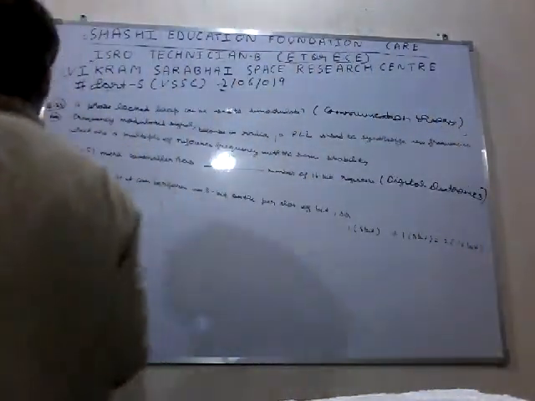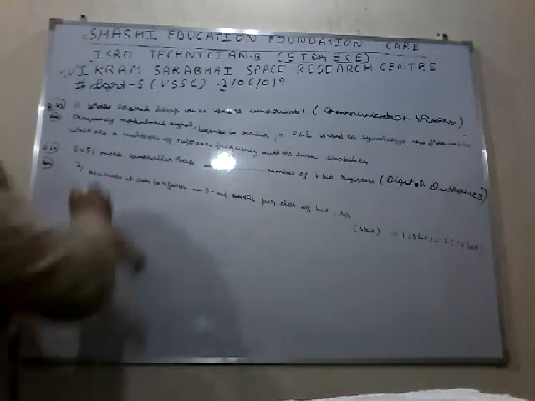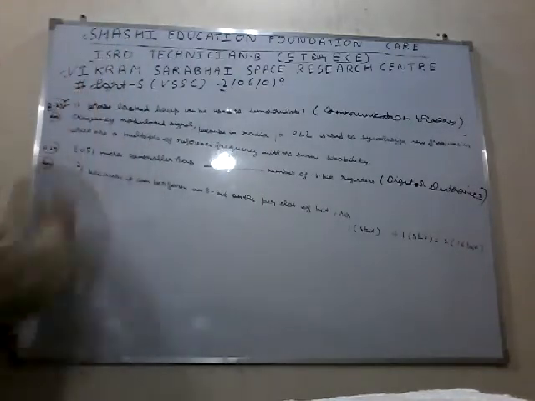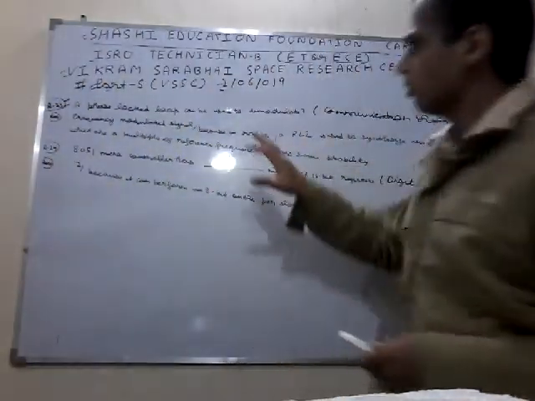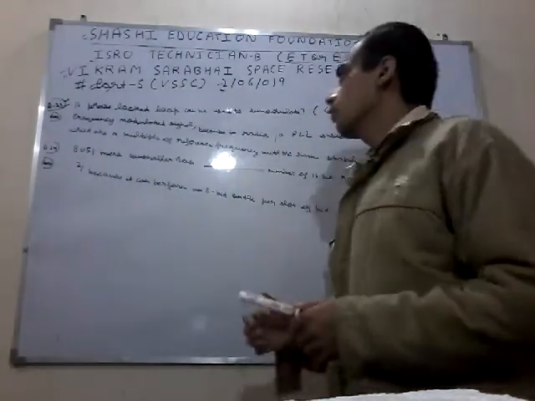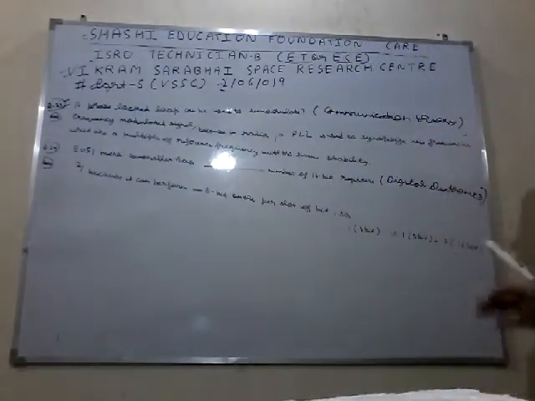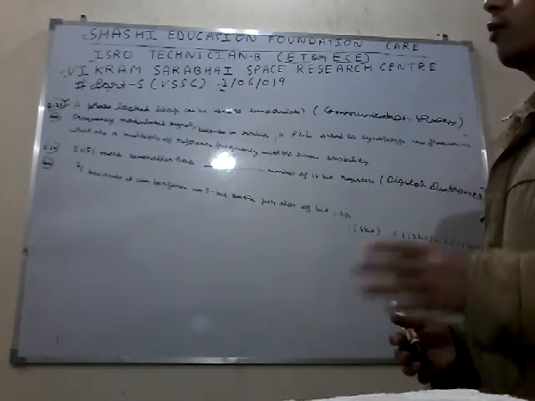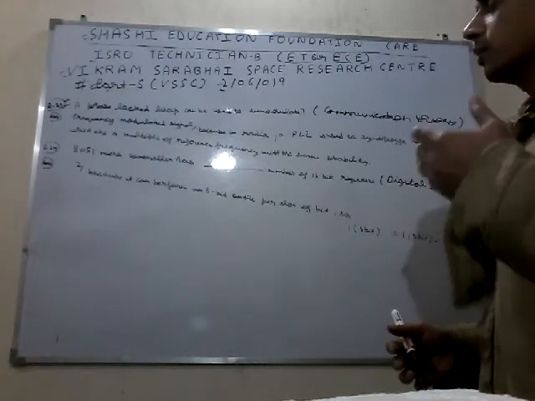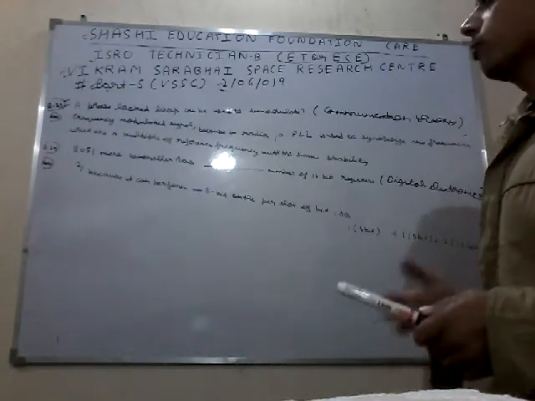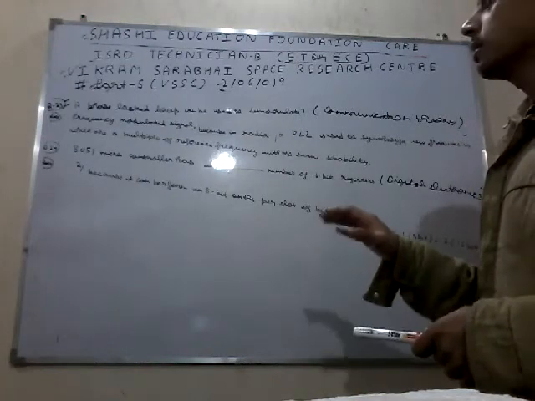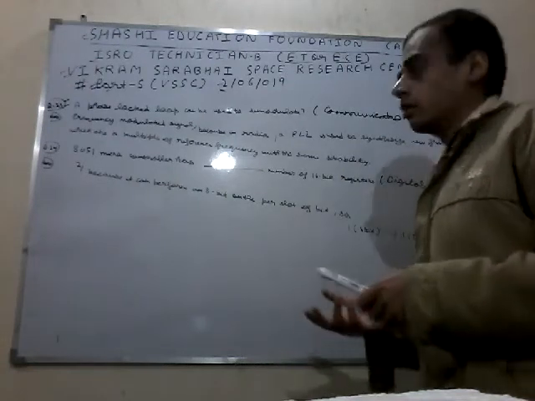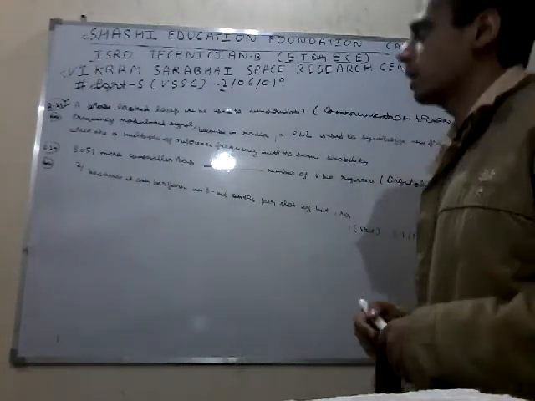Question number 23. A phase locked loop can be used to demodulate. So let's understand the question. What are they asking? What is the use of a phase locked loop? They ask that a phase locked loop can be used to demodulate, meaning in which process the phase locked loop is used. So the answer is